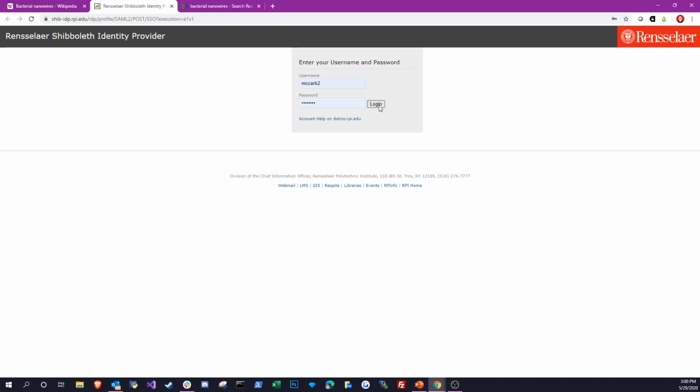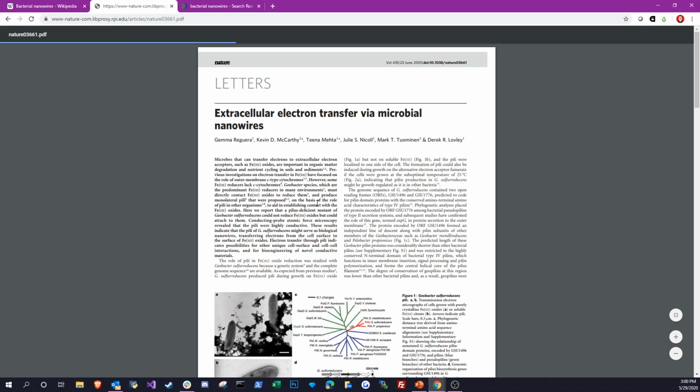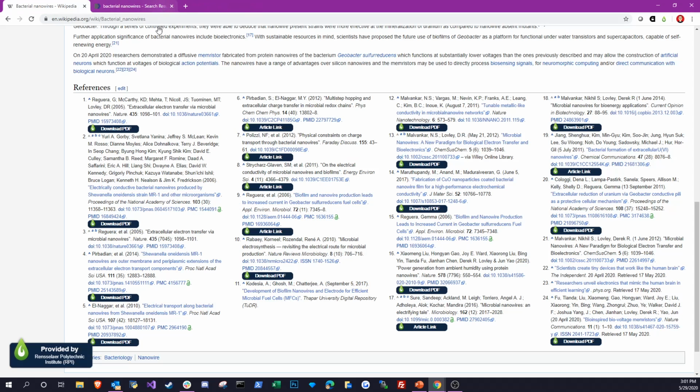and then I'm just going to authenticate because I'm off campus, right? And then I've got instant PDF access to this article that was published in Nature. So that's how this works with the single-click access. Next, let's take a look at a different platform. So let's go on